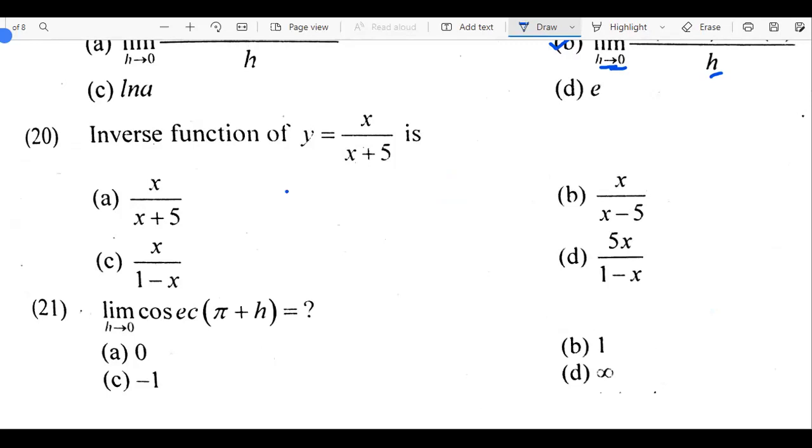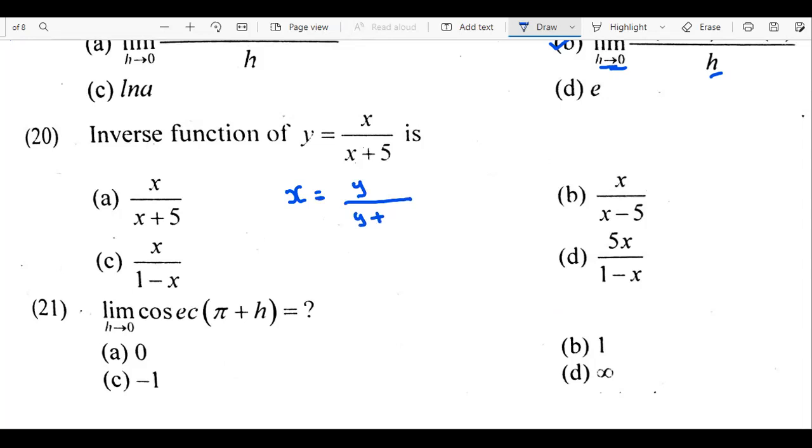So I can write it as x equals y divided by y plus 5. Okay, this is a fixed method of finding the inverse function. Now, I need to make y the subject of my